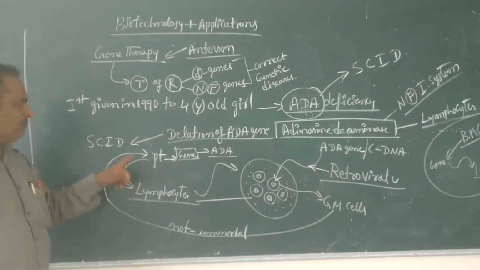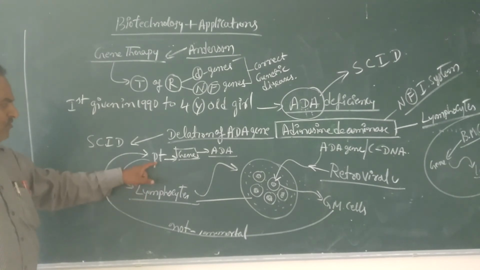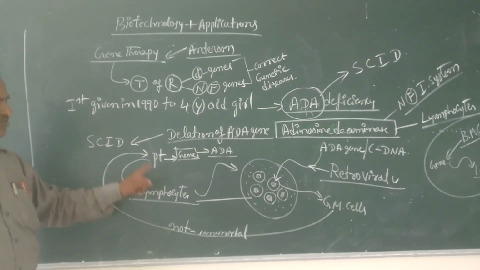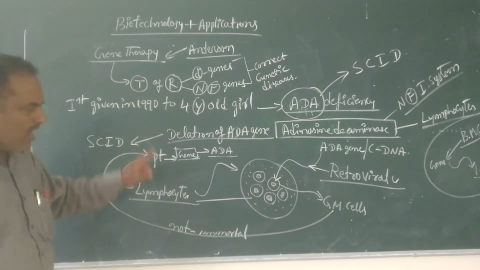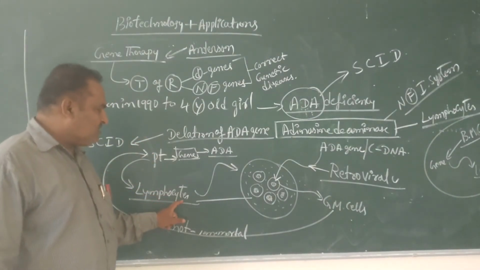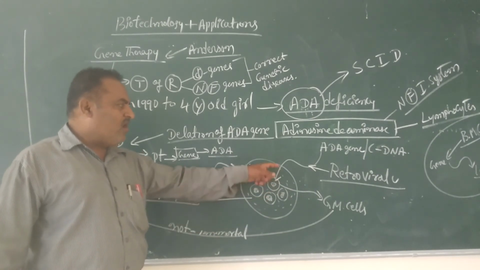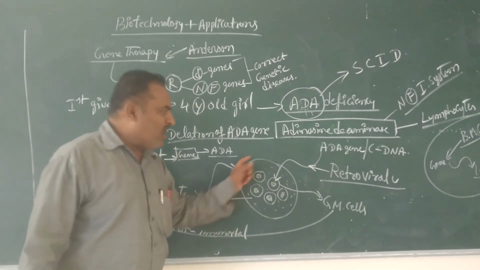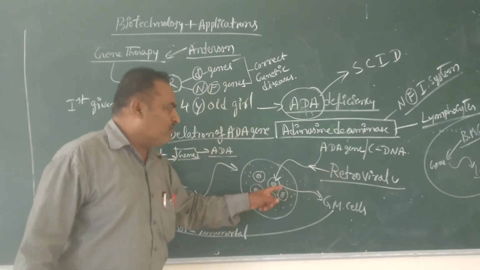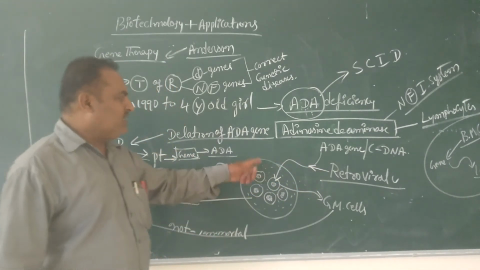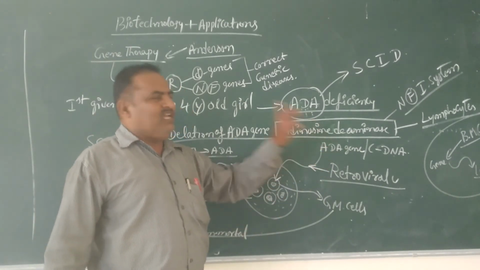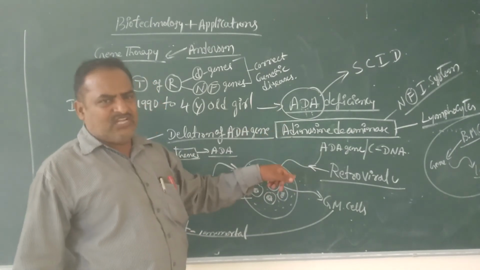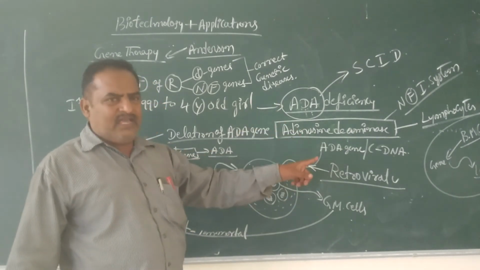Hence, from the patient, lymphocytes were extracted from the blood or bone marrow. Such cells, lymphocytes, are grown on a growth medium outside of the body in laboratory conditions. Then the ADA gene, a foreign gene, or in other words complementary DNA,